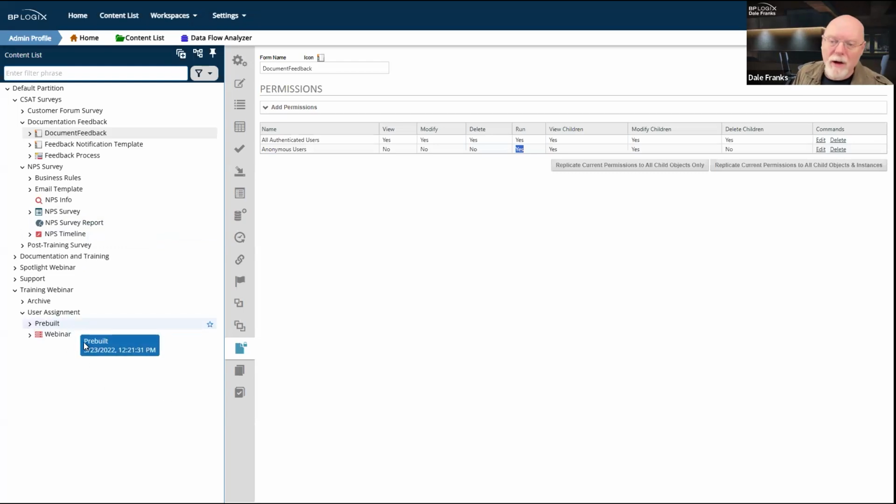So with the understanding that there are these two types of users that we have to deal with when considering user assignment and how it works, we need to cover two things. One, how we initially assign tasks to them, and two, what happens on a task restart. Now, task restart is complex, so we're going to put that off to way back at the end of this webinar before we cover it.